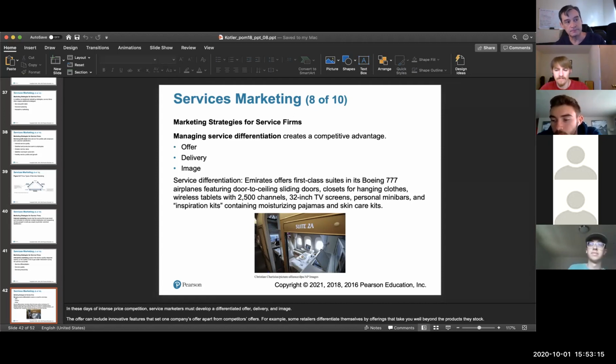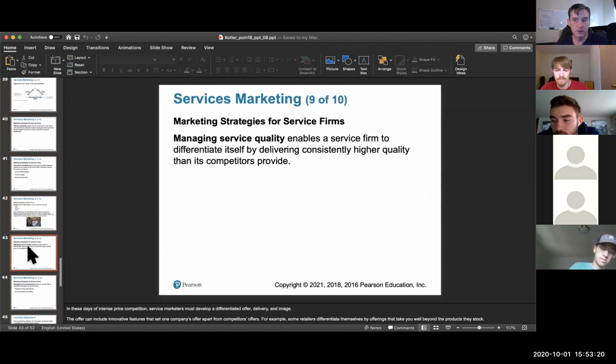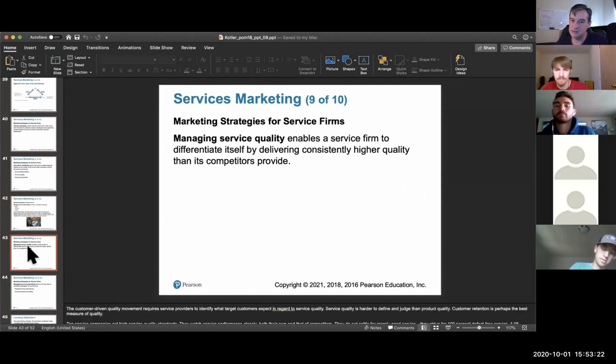Now, there is a big problem in all this: the service quality. You don't know what the service quality is. It's very hard to define. So what you do is just ask the customer, what do you think the service quality is? That would help you to figure out also service recovery. Service recovery means, in your book, how much money I'm spending in such a way that it is justified. I am in the market.